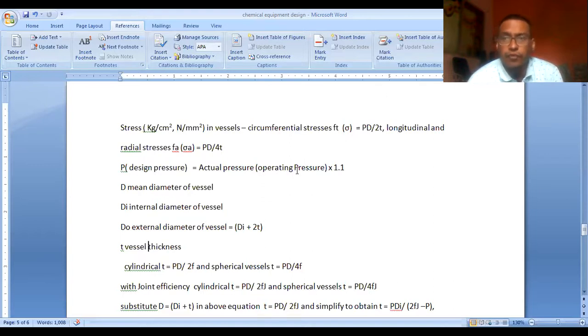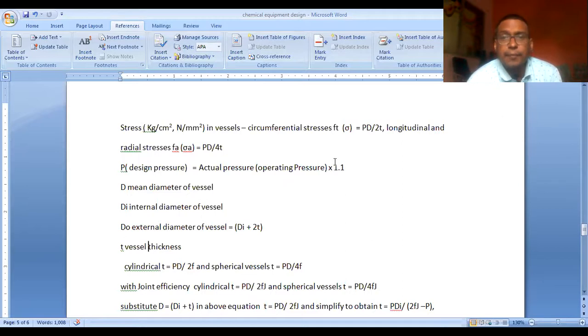Design pressure is the operating pressure multiplied by 1.1 times or 1.2 times. That is how much safe you want to design your reactor. That is the multiplication factor of safety. That can also be sometimes 1.5. That can also vary from 2 times or 5 times depending on the severity of the process. If it is corrosive fluid, if it is hazardous liquids, if it is poisonous gases, then this factor of safety drastically increases. So this value may become 2, 4, 5, depending on the process requirement.